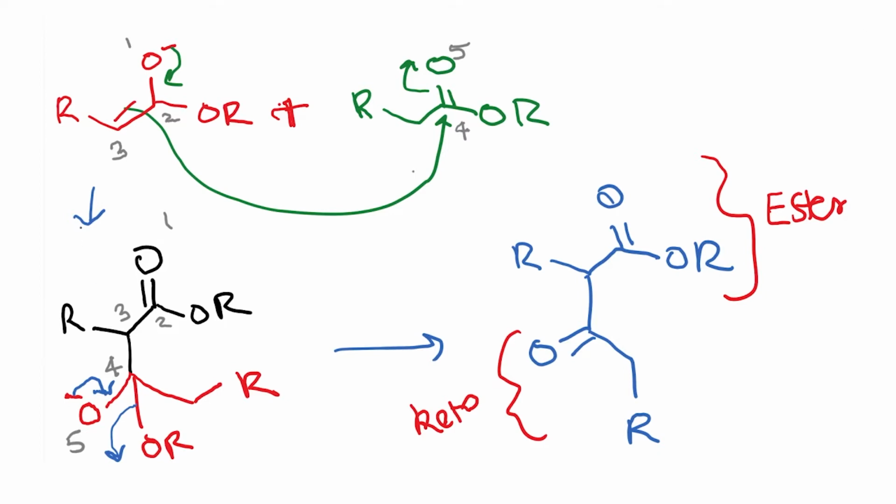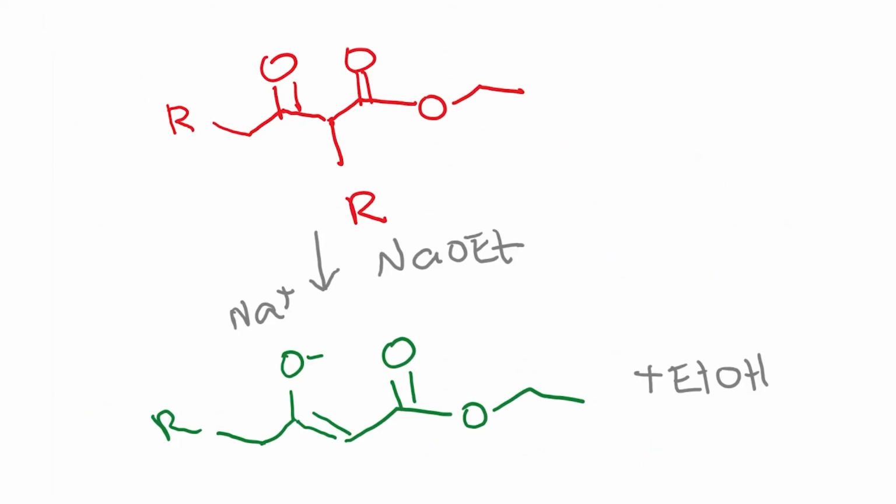But the important point here is that in the last step of this reaction, you have the deprotonation of this 1,3-dicarbonyl compound to give you a very stable enolate that is formed. And this is the driving force for this reaction. So therefore, the reaction becomes irreversible after this point because it is difficult for the enolate to go back to the keto form and do the retro reaction as we have discussed.